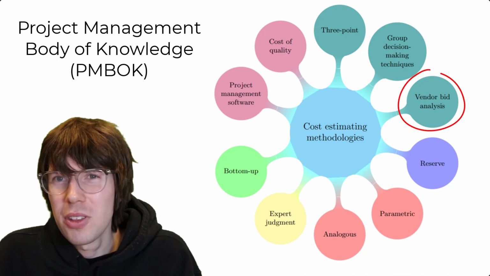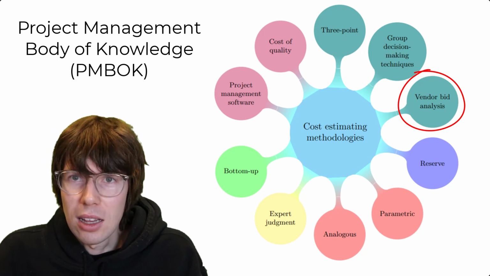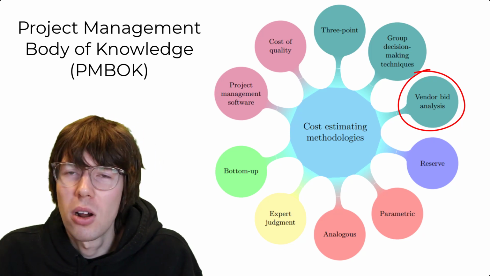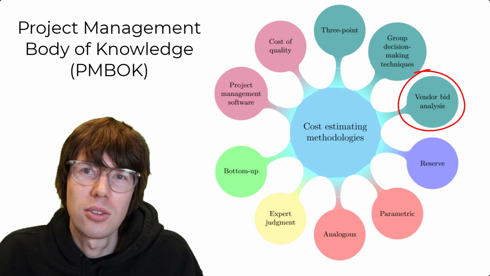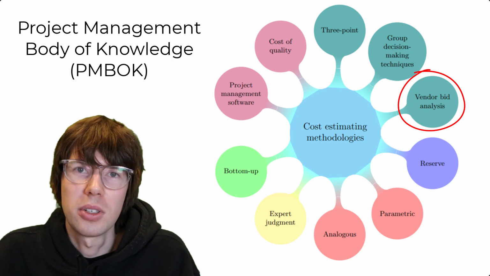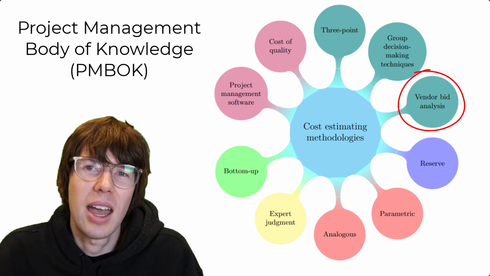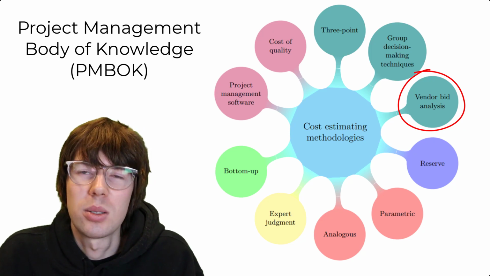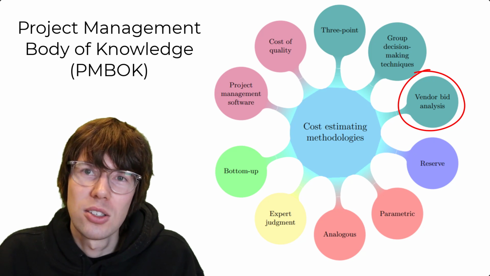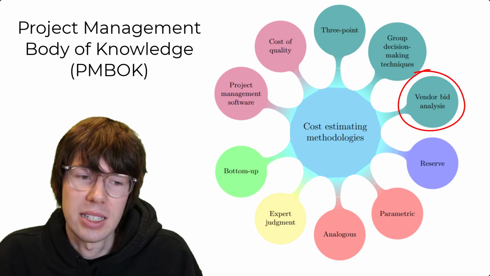A kind of a spin-off of that is called vendor bid analysis. And that is when you have a project and you don't want to do it yourself. You don't want to do an in-house solution, and you do a procurement either for the whole project or parts of it. Then you can address the industry and ask, okay, can some kind of contractor give me a cost estimate? And if you have several different contractors coming up with different cost estimates, you can aggregate them. So basically, very much the same as group decision-making techniques. An important concept within vendor bid analysis would be things such as winner's curse, for instance.